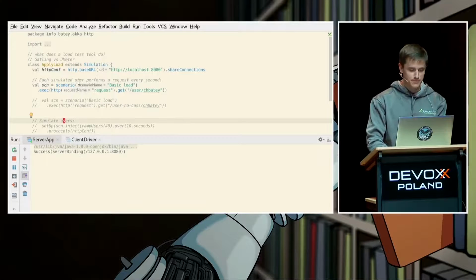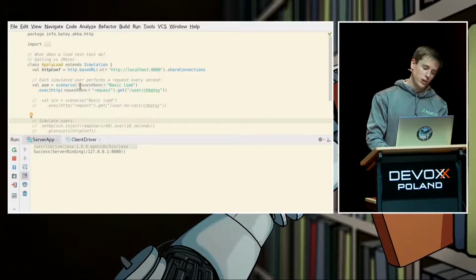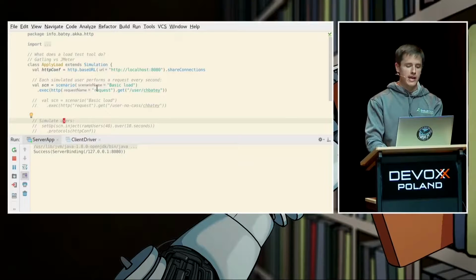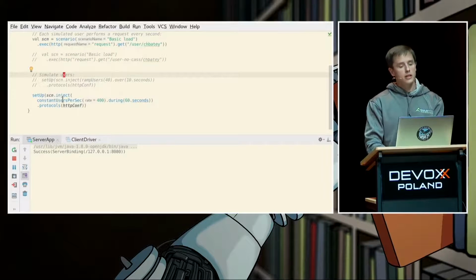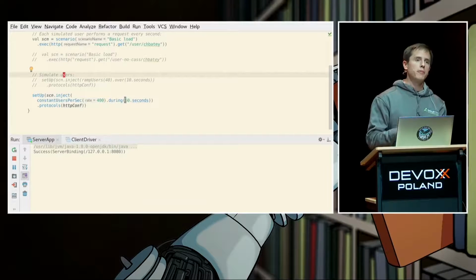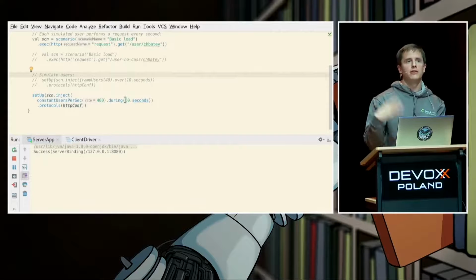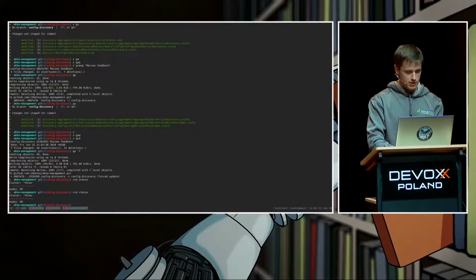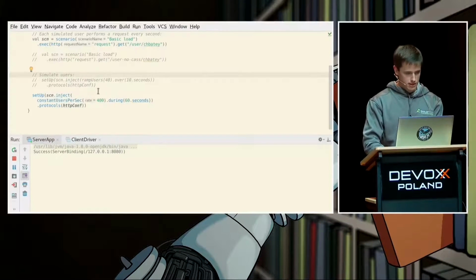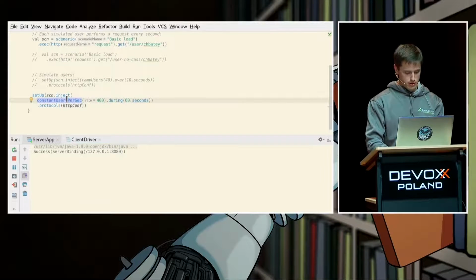But this isn't a talk on Gatling. It has its code defined in Scala again, so I can basically say I'm going to execute a request. I'm going to go /user/chbatey, so this is the small request. And then I'm going to inject users. I'm going to inject 400 users per second for 60 seconds. But I'm only going to allow my application to have 8 threads, and I want to be able to handle a lot of requests. I've also got Apache Cassandra and other things running, otherwise I could do a lot more. Just making sure I have. Yep, Apache Cassandra's up. So I'm just going to press Control-Shift-9, and I'm going to run this from the command line.